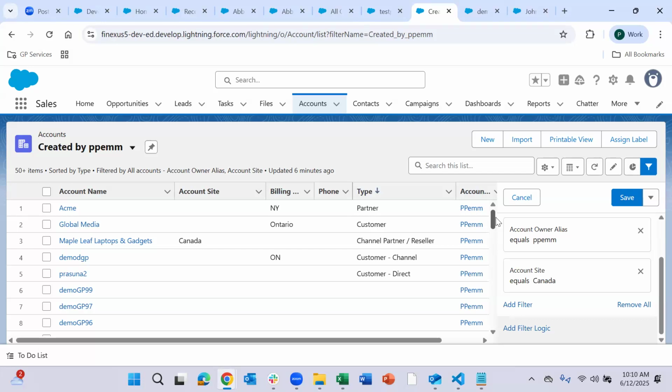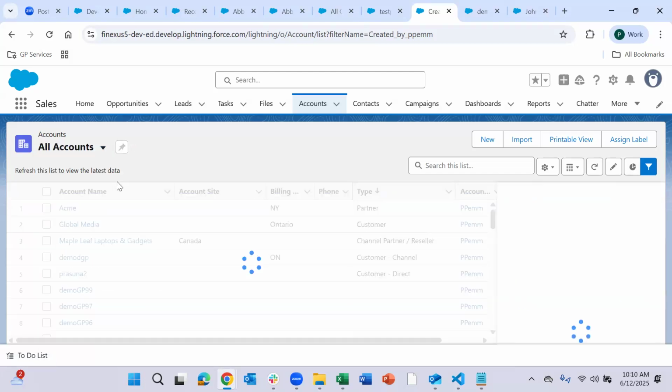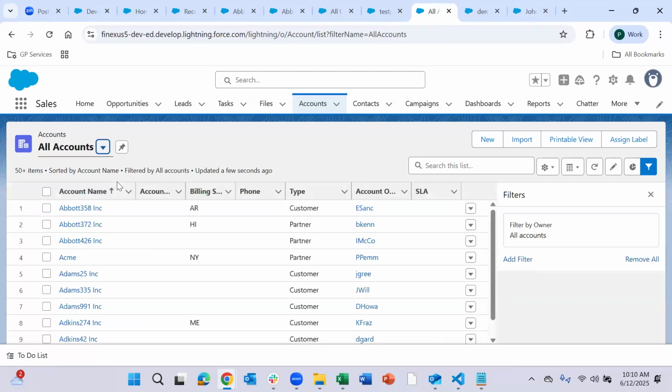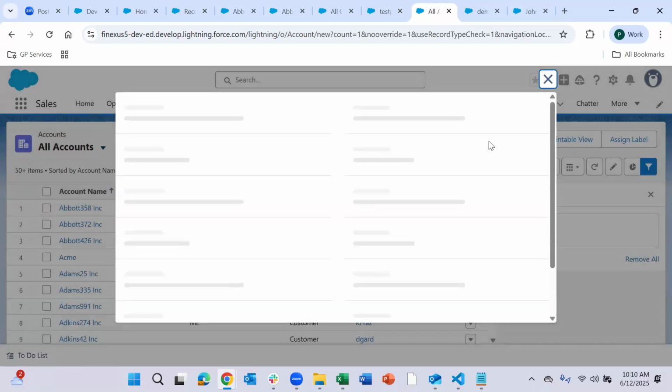But we don't have any data, ma'am. We have empty fields. At least you might have the account owner name and account name, right? Yes, we have account name, account location and everything, but we don't have any. See here, you have a new button, right? Go ahead and try creating new records.